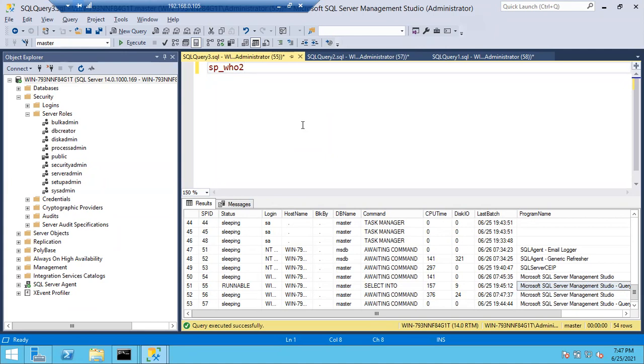Sometimes we have to kill sessions, and not only for suspicious things. Sometimes if a user, say Money, is running a very long query which leads to a lot of blocking, all the resources are used by Money. His query is running since 2 hours, 3 hours, 4 hours, blocking all other processes.